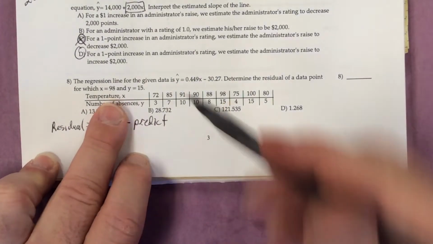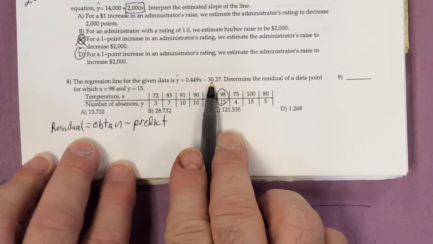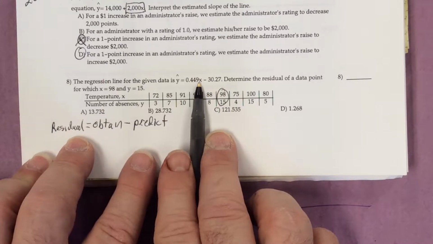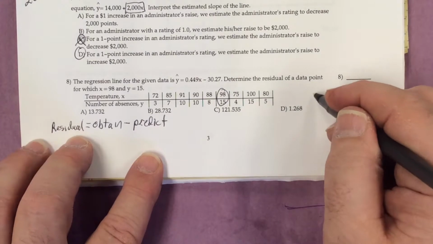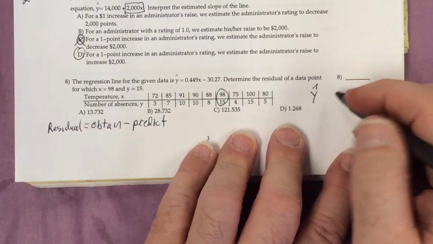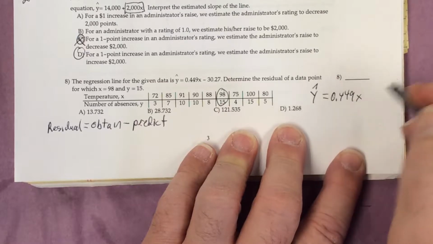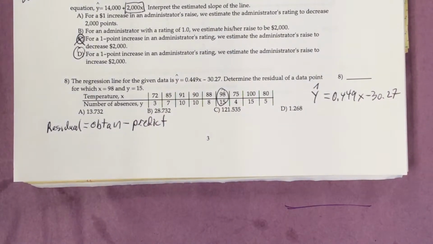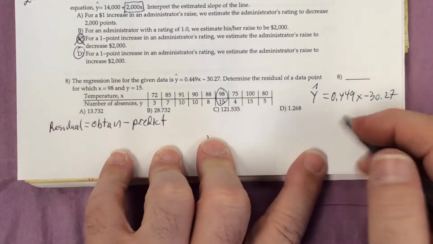98 and y equals 15, we have this value here, and they're seeing if we can use this equation properly to come up with a value that we predict. Because remember, we use this equation to determine what would be the predicted value based on the line of best fit calculated. So I'm going to write that over here. Y hat is equal to 0.449x minus 30.27. And I'm going to go ahead, I'm going to put the value of x of 98 into this. So it's going to be